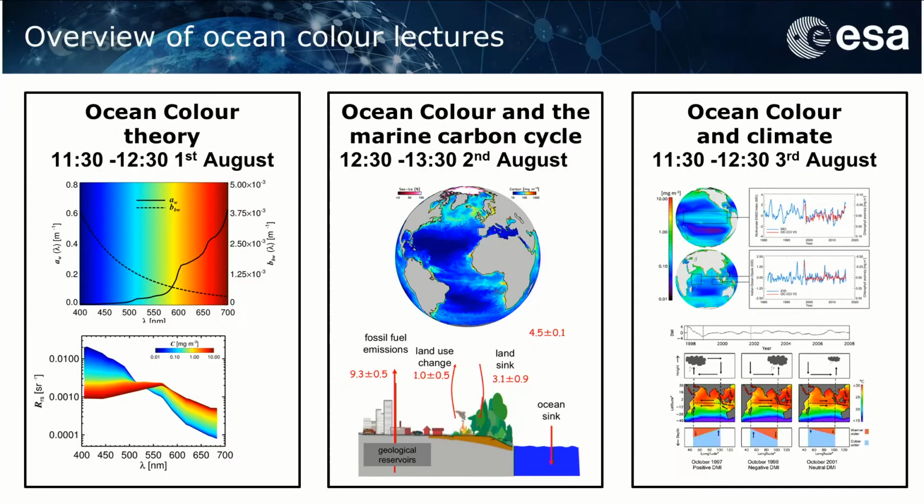Hiya. Okay, so just a little brief recap. We've looked at ocean colour theory on Wednesday, a little bit about what ocean colour is, how light goes into the ocean, it's absorbed, scattered, then reflected back, and it's spectral variations in that light that dictate our ocean colour. A little bit about the history of ocean colour, so going back to how colour was used for navigation